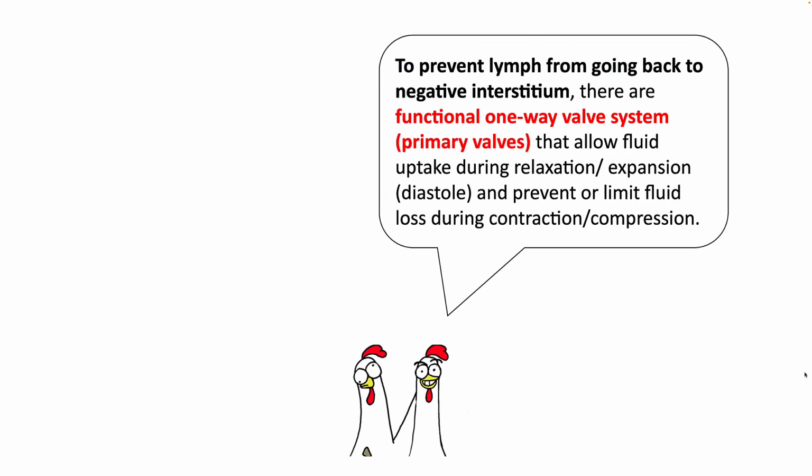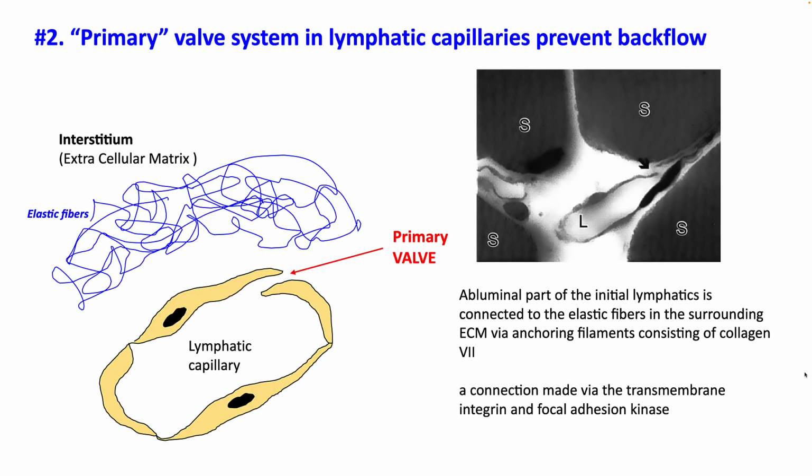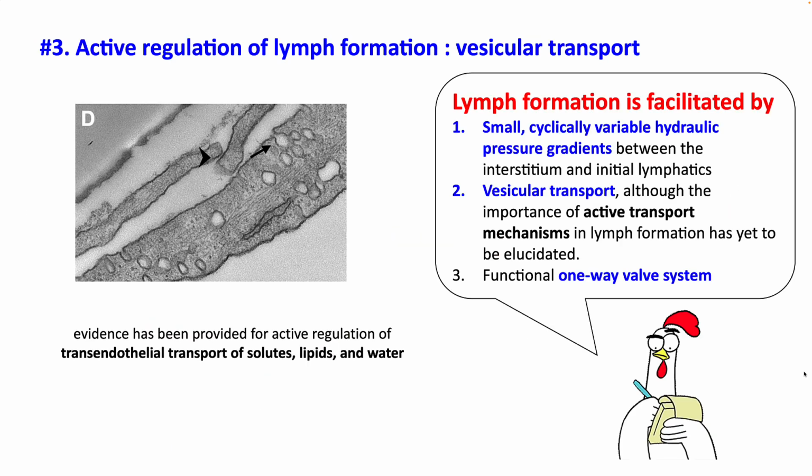To prevent lymph from going back to the negative interstitium, there is a functional one-way valve system, which are primary valves. These are connected to your interstitium via anchoring filaments made up of collagen type 7. There's also evidence that there is some vesicular transport involved in lymphatic formation, and this may transport larger molecules. So lymph formation is facilitated by small cyclic variable hydraulic pressure gradients along with some vesicular transport and a functional one-way